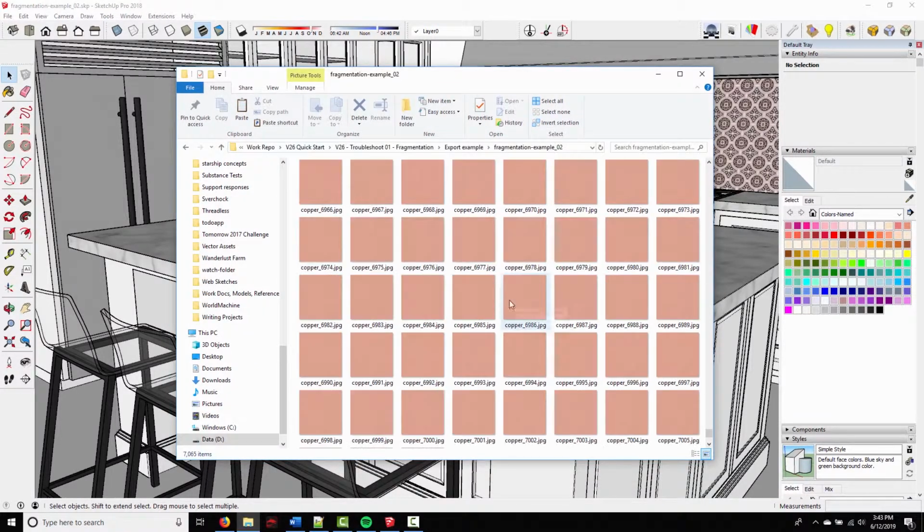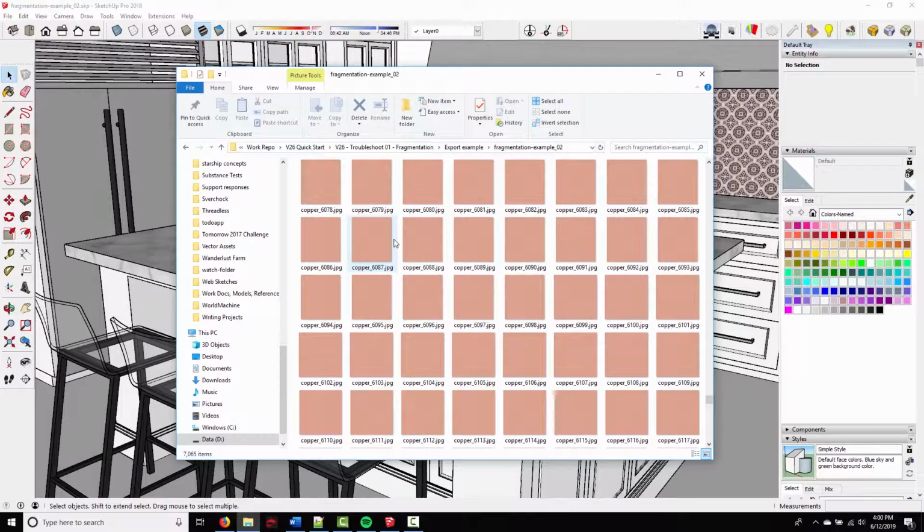But if I scroll up, we're seeing thousands of fragmented JPEG images labeled copper 6640, 4142. And as I said before, when this fragmentation problem appears, every single face on an object on a triangulated mesh is being exported as a separate texture. So to find and solve the problem, I just need to go back to the SketchUp model and